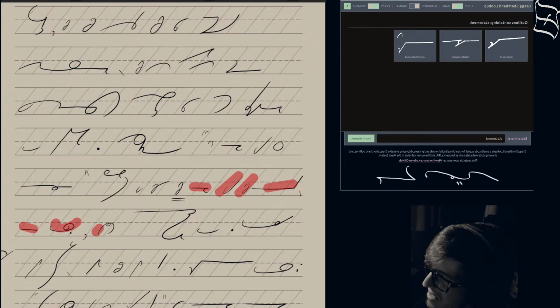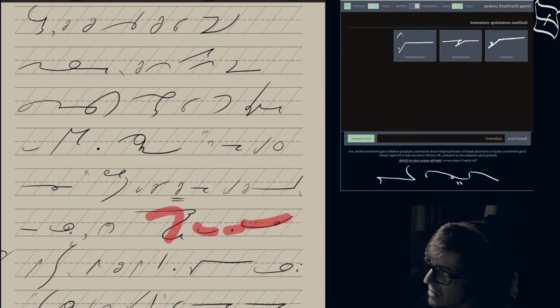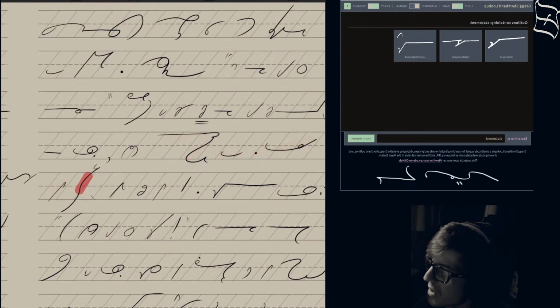In writing these maneuvers are a little too obvious.